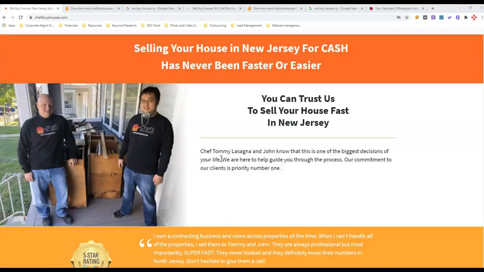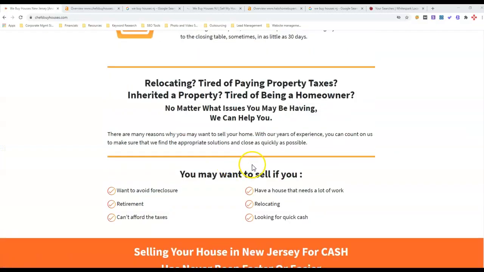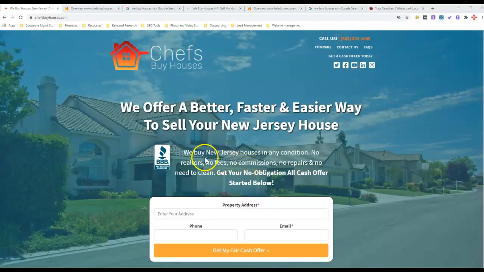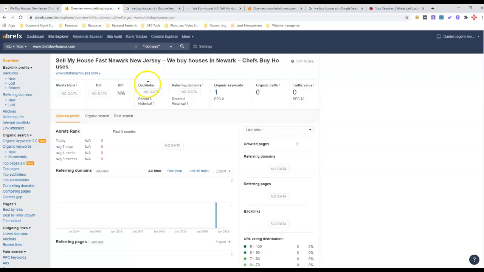Now the next thing we've got to look at is to find out what your backlink profile looks like. Okay, so let's go here. This is Ahrefs. This is a site that buys data off of Google and puts it into charts and graphs for us that are easier to read. And I've got your site pulled up here, and you have no backlinks. Like this right here, I'll explain when we talk about your competitor.